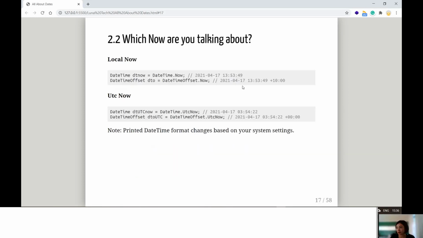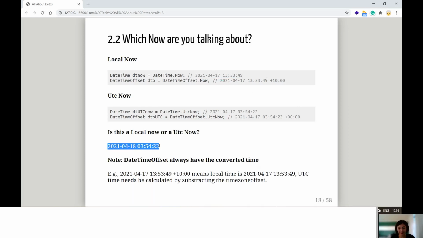And let's look at some code. So if you look at these differences, this one is trying to get DateTime Now. This one is DateTimeOffset Now. And we also have UtcNow for each of the classes, right? And if you look at the output, if I don't tell you which method I use and I show you this time, can you tell whether it's a UtcNow or it's local Now? Is it possible to tell just by looking at this? That's a question. Guys,